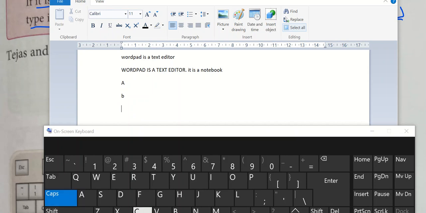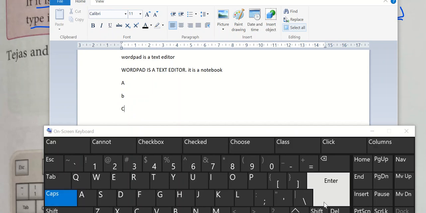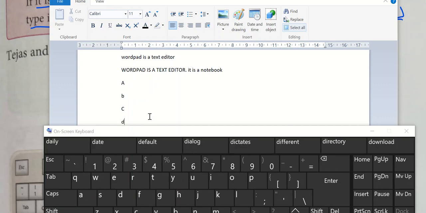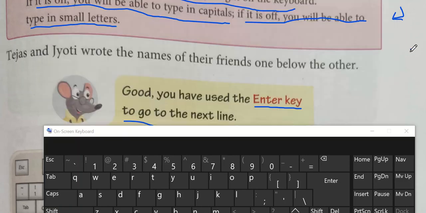Now I want to write capital C. Again enter, then small d. So if I want to go to the next line, then every time I have to press the enter key. If I want to write in capital, then I will press the caps lock key.